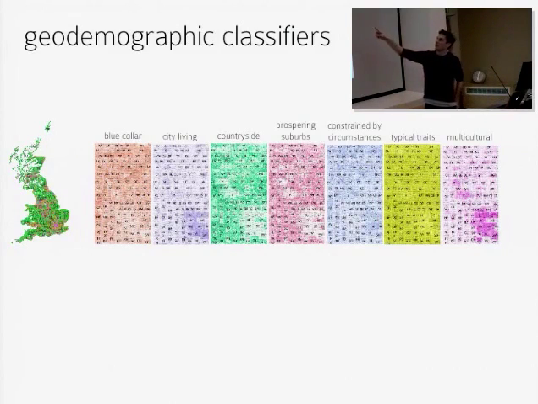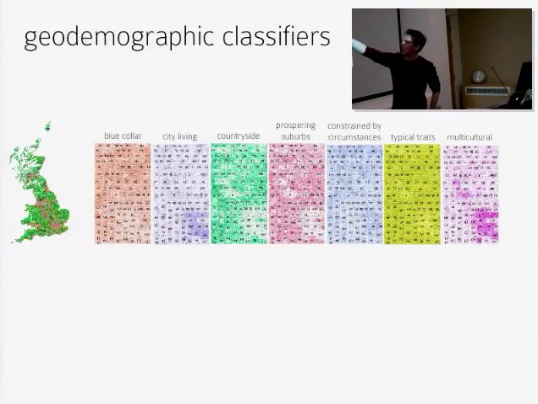This typical traits one describes well a lot of output areas that are not that different from typical traits. So it suggests that it's not a grouping which is particularly discriminating. Similarly, prospering suburbs describes well some of the output areas, because we have some dark, and it also discriminates well because we have quite a lot of light there.